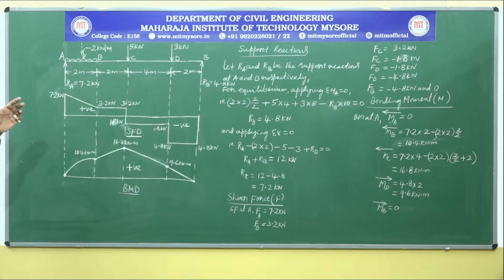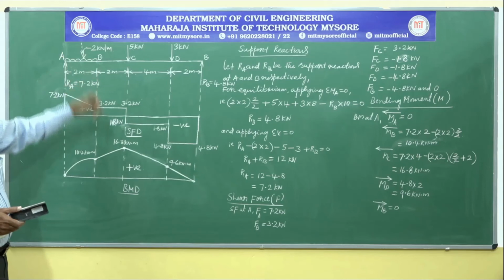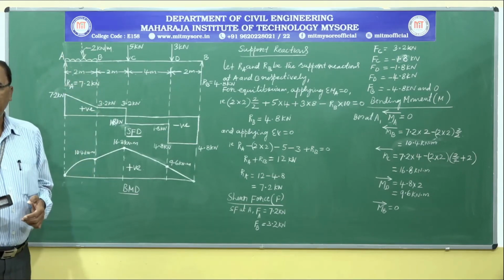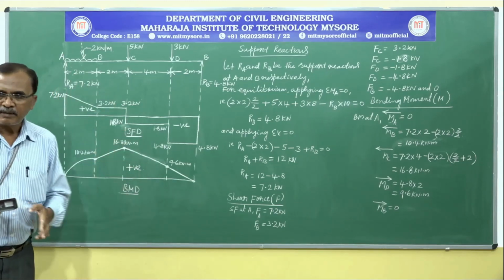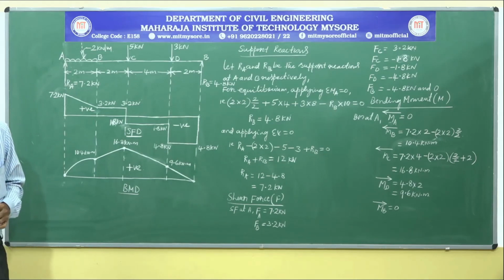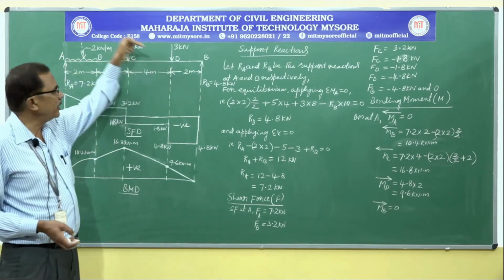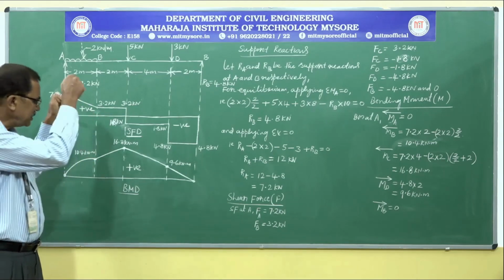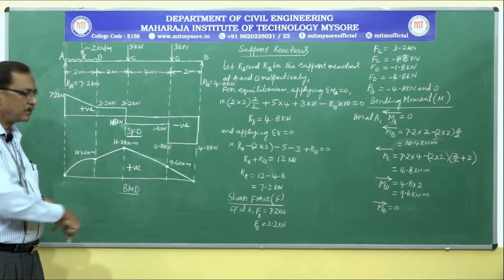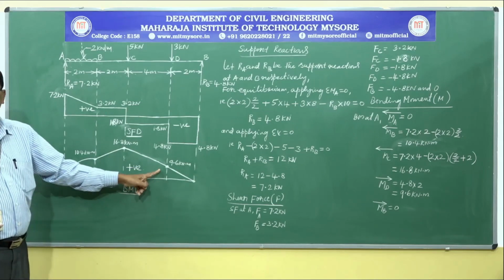In the beginning we discussed that the tendency of forces and moment to bend the beam in such a way that convexity downward and concavity upward is known as sagging bending moment. Sagging bending moments are treated as positive. Here again, this combination of loads will try to bend the beam in the downward direction between the supports, and the tendency will be convexity downward and concavity upward. That is why we got the positive bending moment diagram.